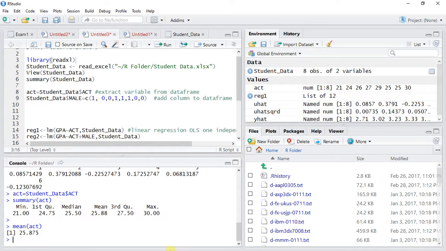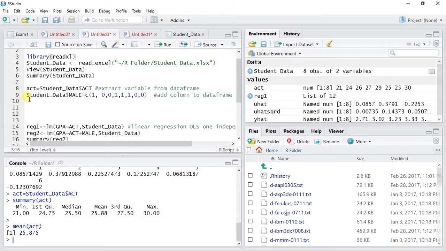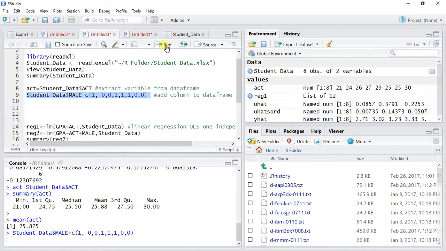Now, another thing that you might want to do is add a column of variables. And for that, we'll use the command, so we're saying here to the student data, let's add male, and this is just a dummy variable, 1 for male and 0 for female. So we can do this, and it's going to be 8 observations that we're adding, right? Because we have 8 observations, so it's going to be 8 entries. And we run this. Now, if you look back here at the data frame, student data, we have 8 observations and now 3 variables because we've added a column that defines